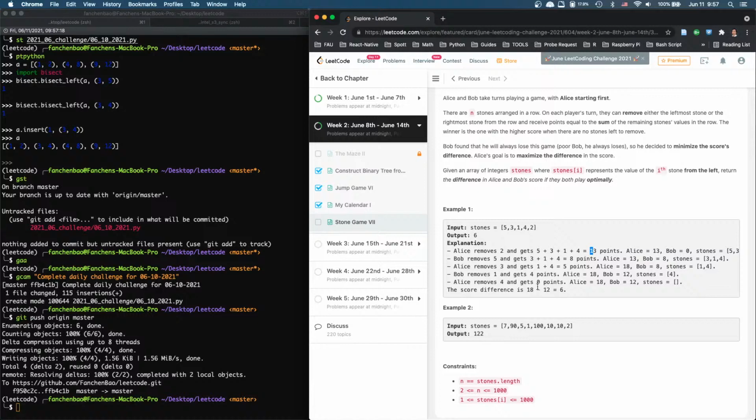It doesn't matter, if she picked the smaller one, then she gets a bigger sum, right? She picked the larger one, she gets a smaller sum. But her goal is to maximize the difference in score. If Alice picks the small one and she gets a large sum, and it comes to Bob, and Bob is faced with this, what he wants to do is to minimize the difference. Well, to minimize the difference,